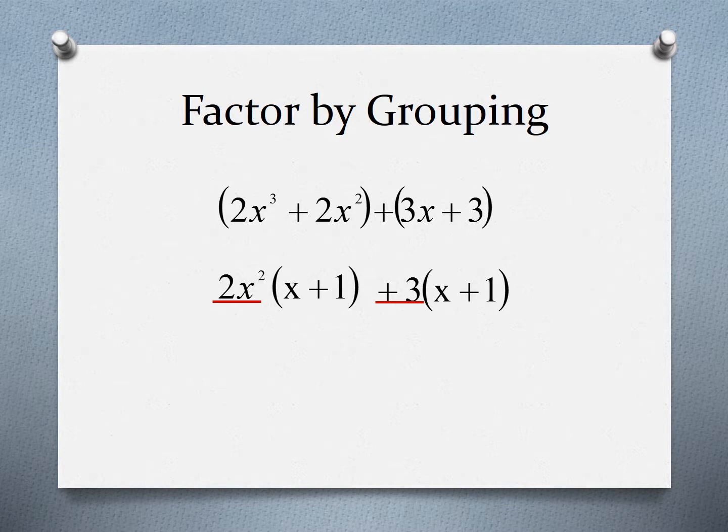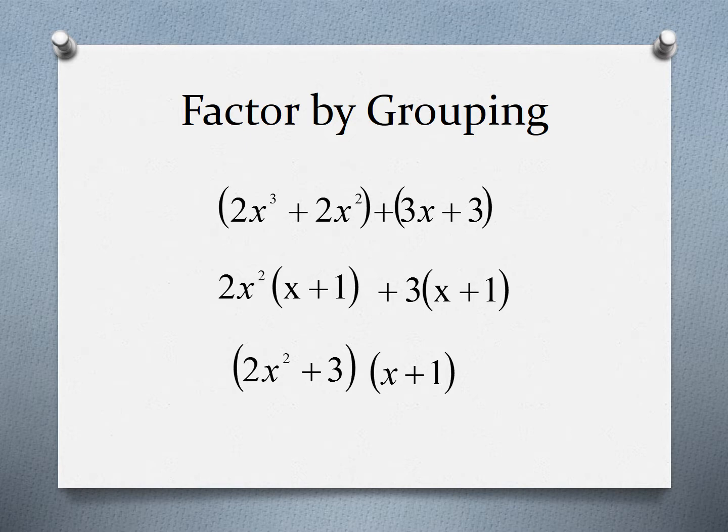So we're actually going to take that 2x squared plus 3 and combine them into one expression. 2x squared plus 3. And then we're going to represent our x plus 1 as a second part of the expression. We're going to sit them beside each other and say that they can be multiplied together, and you can certainly double check that, be sure that you do, to represent the 2 binomial factors of